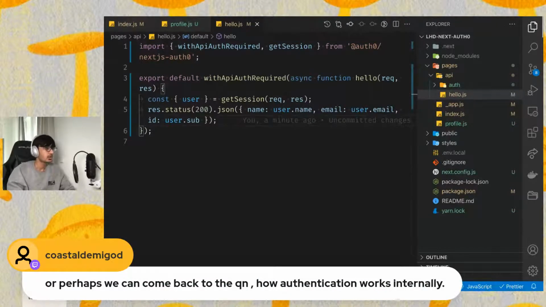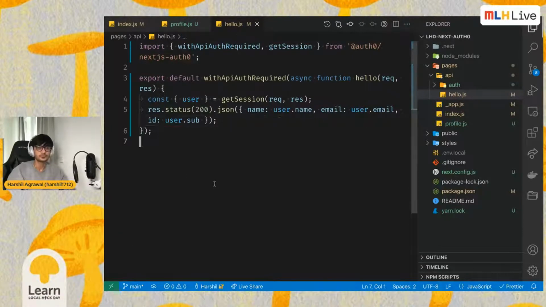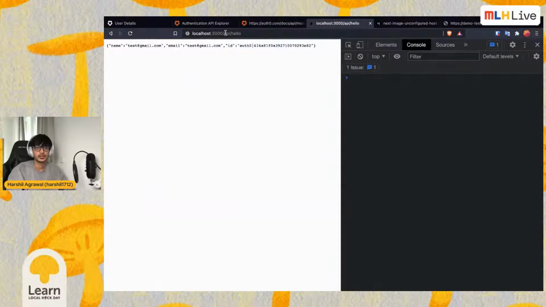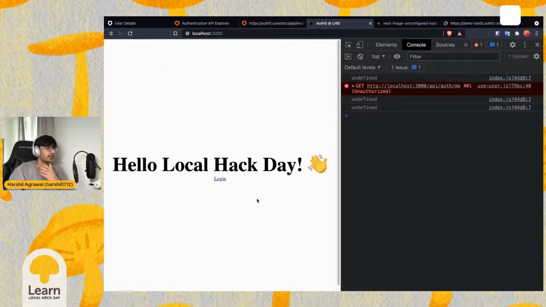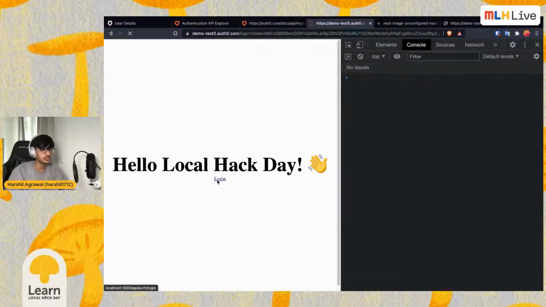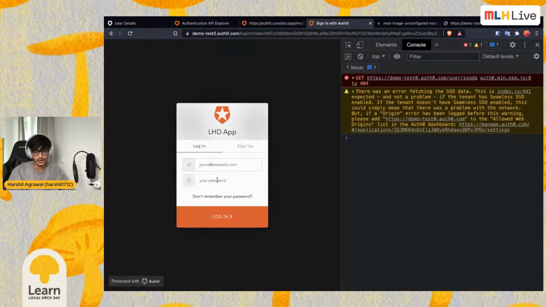So we can come back to the question of how authentication works internally. That's a good question. So what is happening? All right, let's go back to our home page. Let's quickly log out. All right. So this is the beautiful login page, right? What happens is once the user logs in, the request gets directed to Auth0, where the user logs in, logs out, whatever they want to do, maybe sign up, right? Once they log in,